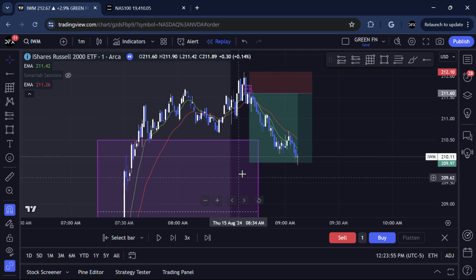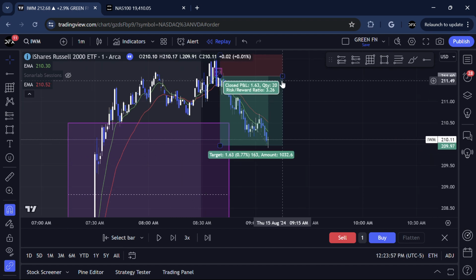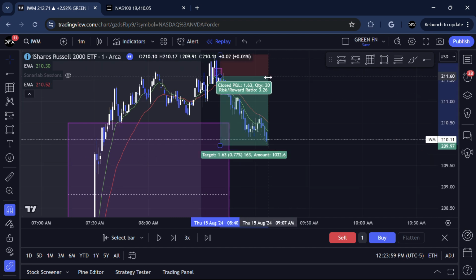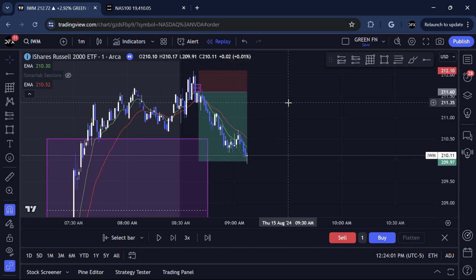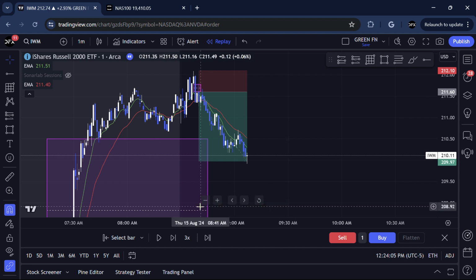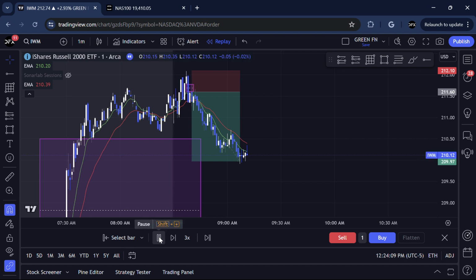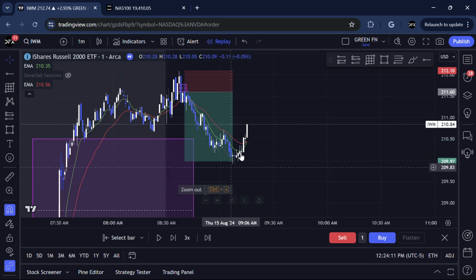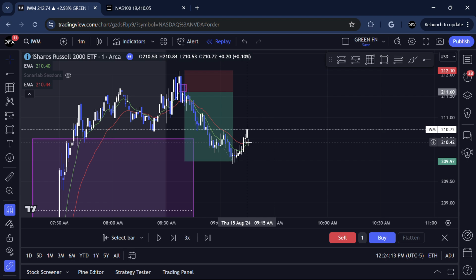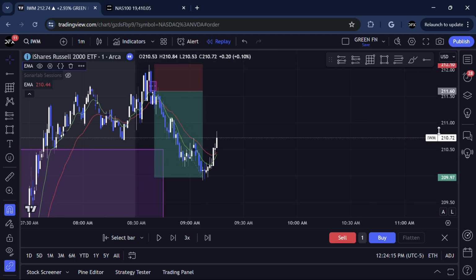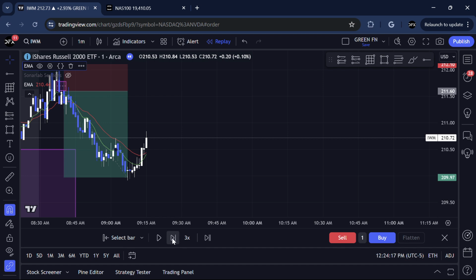And now, since we entered this 15-minute fair value gap, I knew that we wanted to rebound off of that. So I was looking for confluences to the upside. So let's just see what happens. Okay, so what just happened right there? We had a huge move to the upside, which became an imbalance. And now we're just looking for something to come back and fill that.